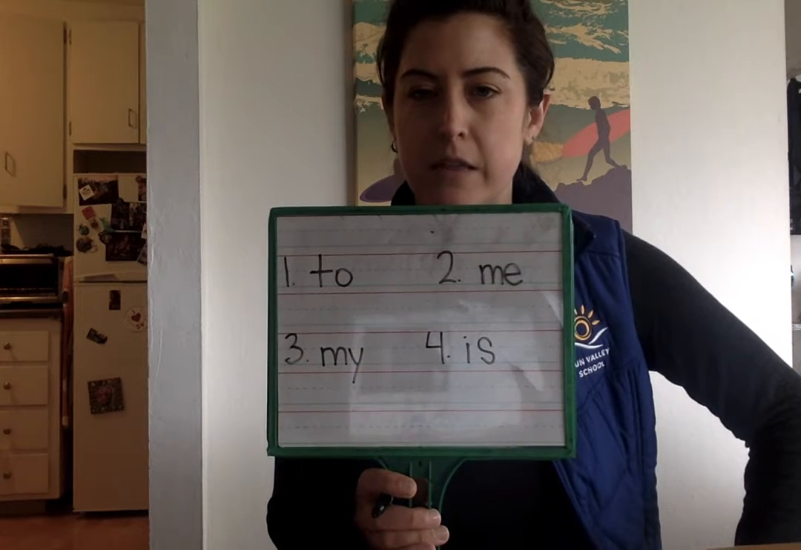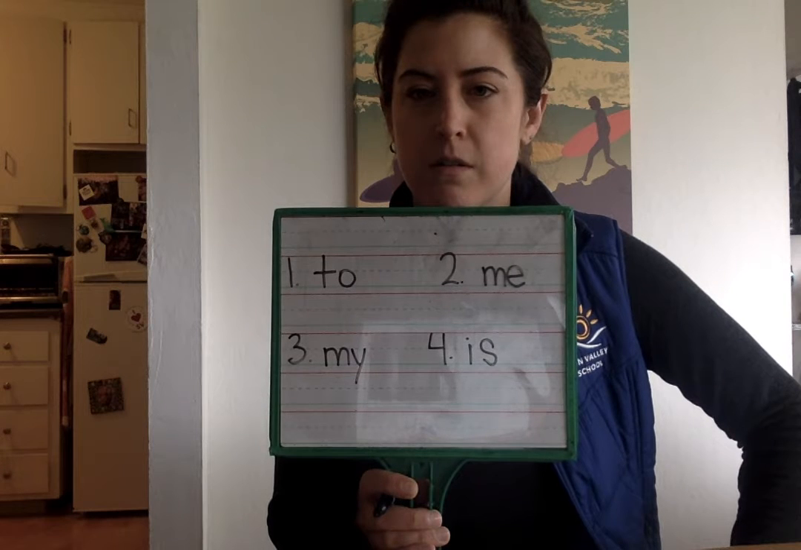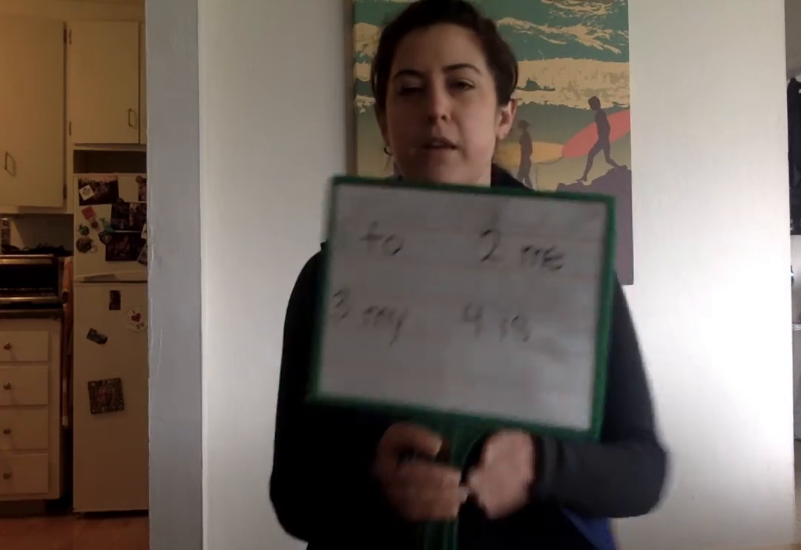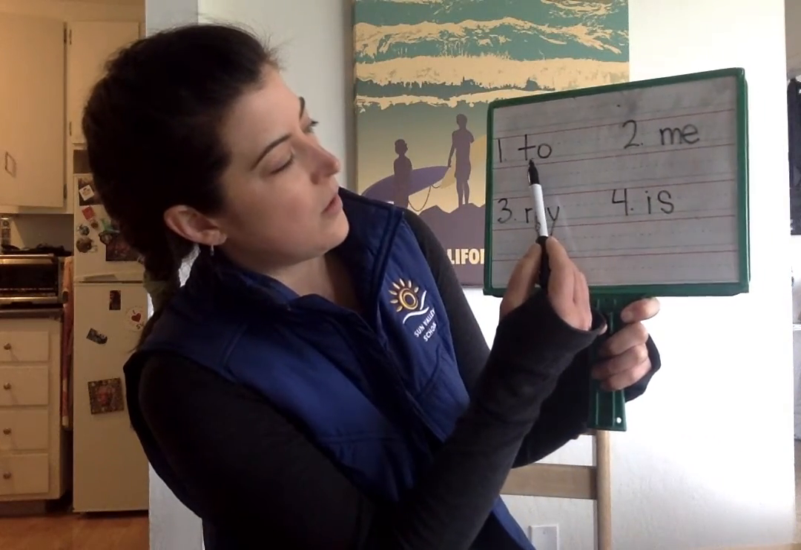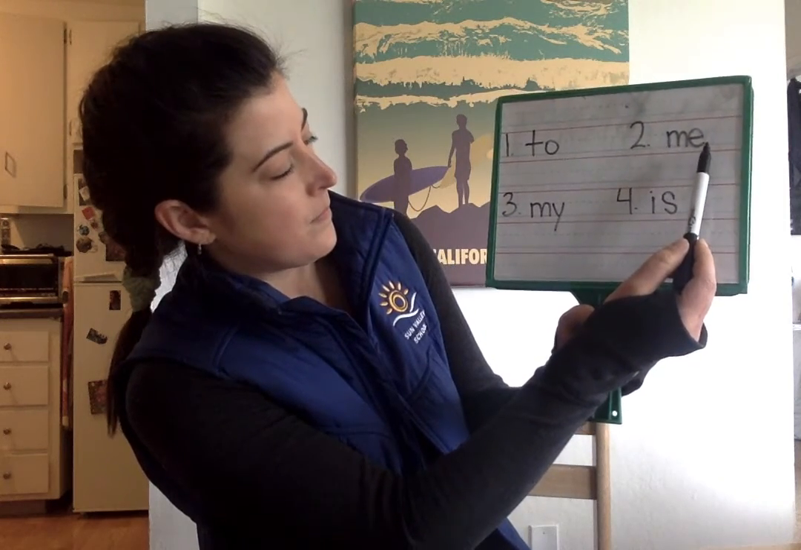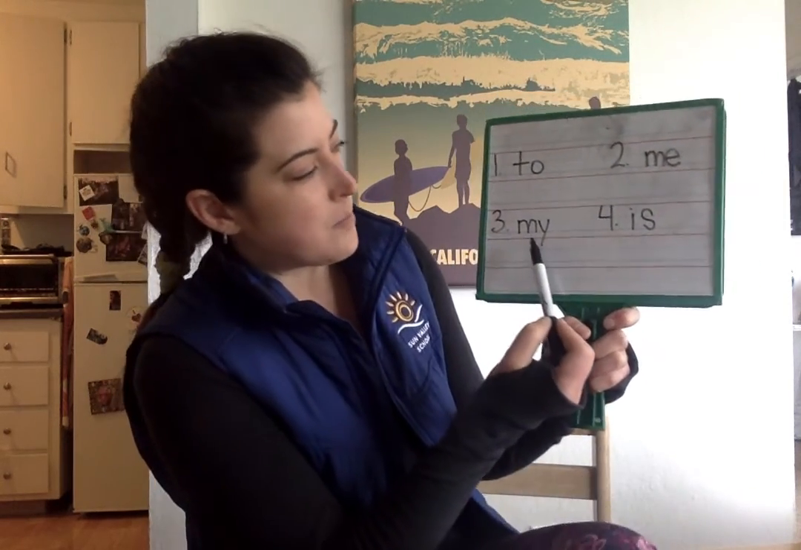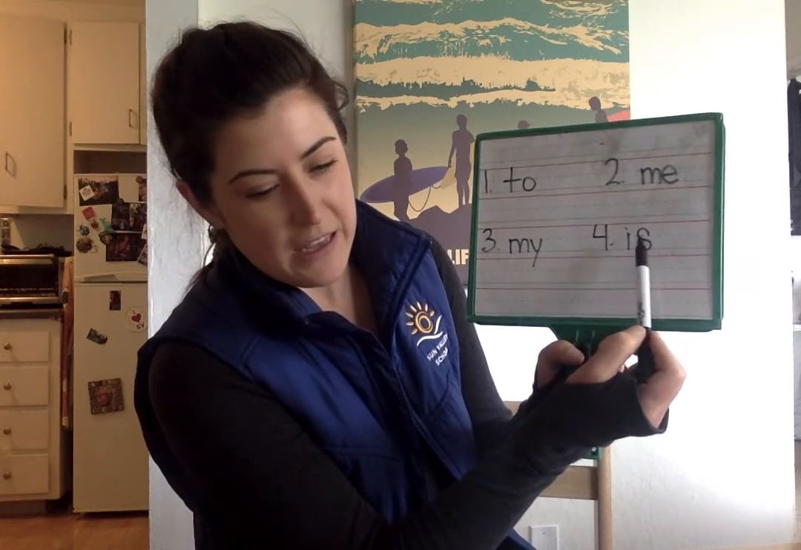What is happening in this group of 4 words? What do you think? Let's read the words. The first word is to. The next word is me. The third word is my. And the fourth word is